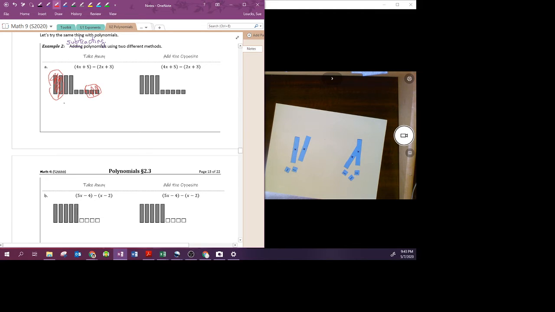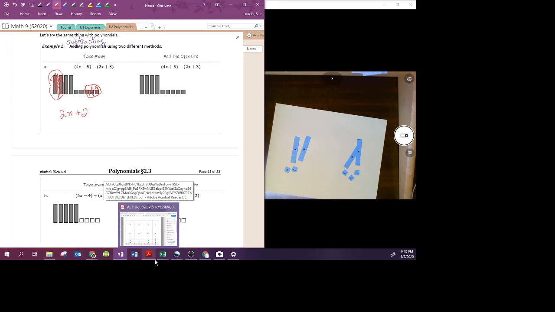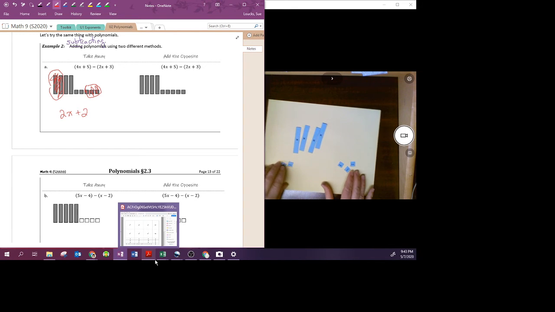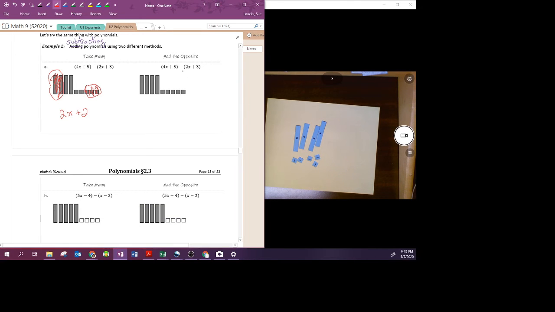And so what I'm left with is 2x plus 2. All right. Now the other way I can do this is by adding the opposite. So when I look at this with my algebra tiles, I have 4x plus 5, and I want to take away 2x plus 3. So instead, I'm going to add